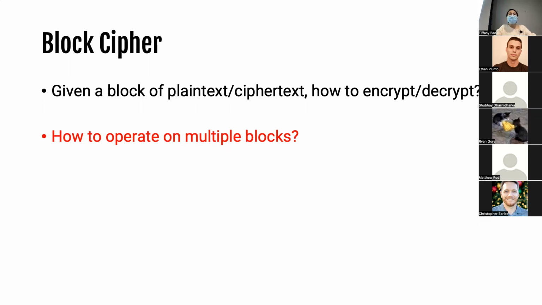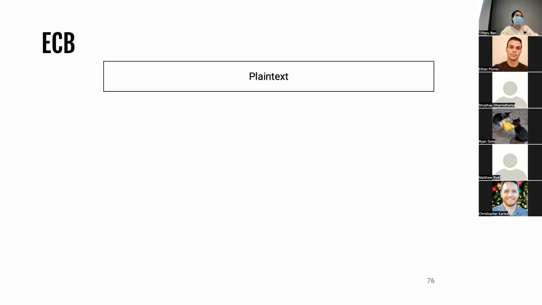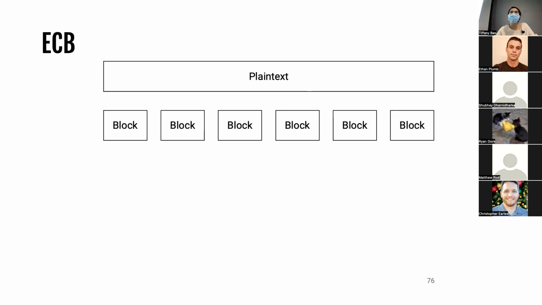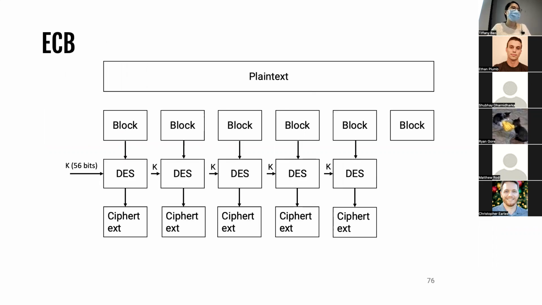All right. And now let's talk about how we can operate on multiple blocks, because sometimes we have a very long message and we need to be able to encrypt it all or decrypt it all. So the first thing that comes to mind is, why don't we just take the plain text, cut it into blocks, and for each block just do encryption like this? We have the key, and we encrypt block by block. Later, when we have the ciphertext for each block, we just concatenate them together and get the final